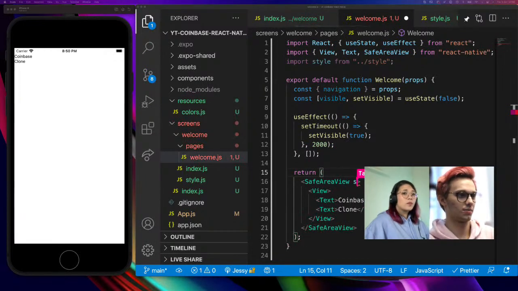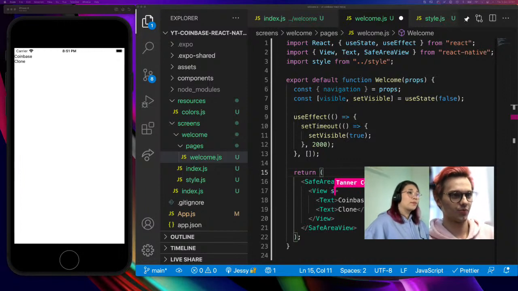So we're going to say style equals style.container. Because again, guys, this entire thing is just an object, and we're accessing all of the objects within our object. So we're going to say style and look into the style object and grab our container object. Alright, and then our view, this one's going to be style equals